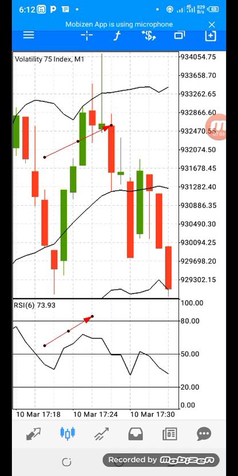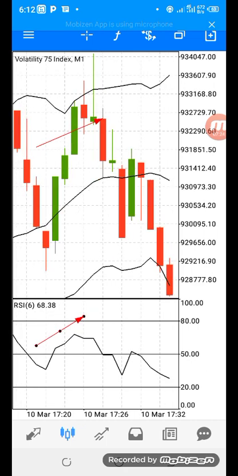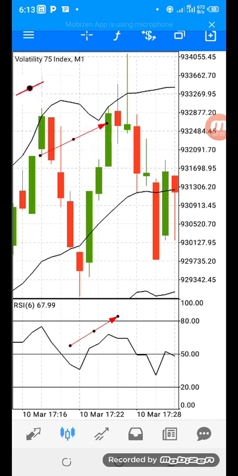All you just need to do is understand the system. If you're able to understand the system very well, it's very, very easy. You don't have to even bother yourself. Once you have a valid signal, just place your trade and exit after 5 candles. So I believe you guys understand the first strategy. The first strategy has to do with